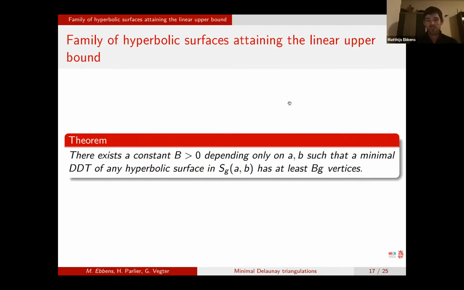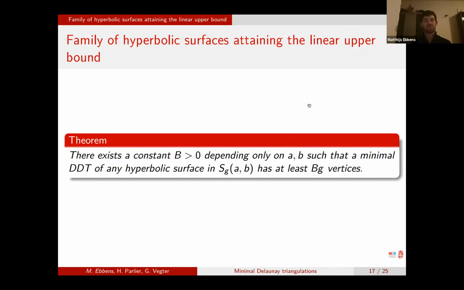So this makes it a bit tricky to see what happens in general. It could be that there is some sort of continuum between this square root of G and the linear G, and that maybe there are some surfaces that are in between. And then it would sort of have to do with the influence of this A and B on B, which would give a dependence of B on A and B, and this would, for example,